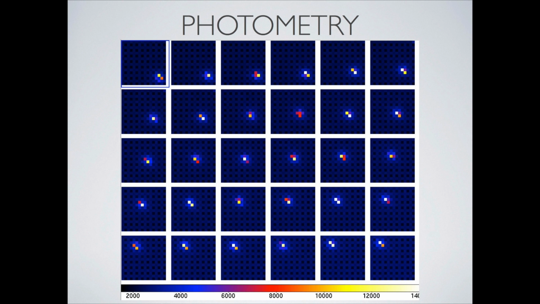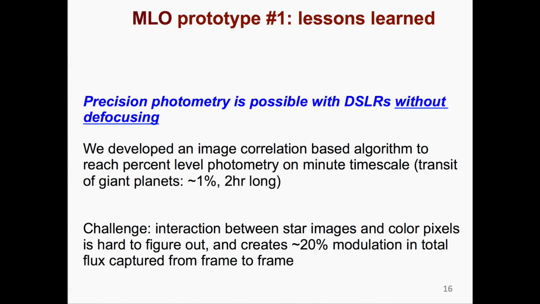The next slide, slide 16, goes into really what is at the core of the feasibility of this network: can we do photometry? Can we measure the brightness of stars with DSLR cameras, at least at the percent level? And so we actually developed software to do that, to demonstrate that we could do that. The challenge is that